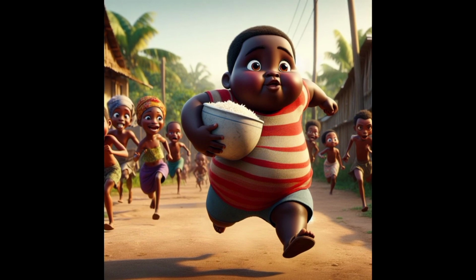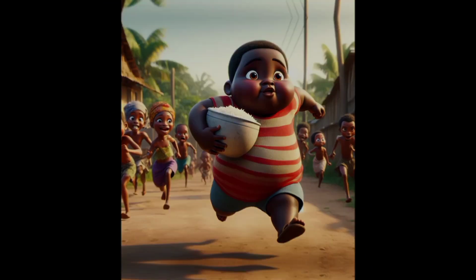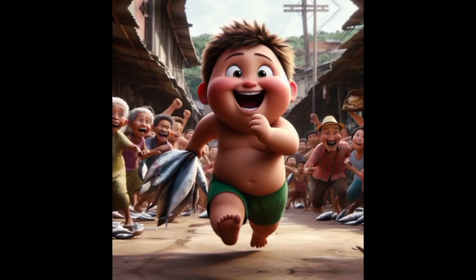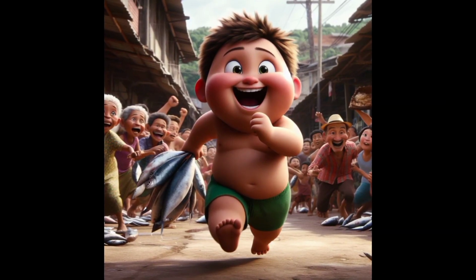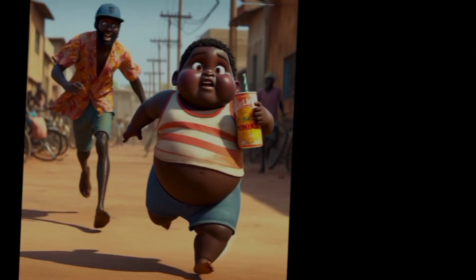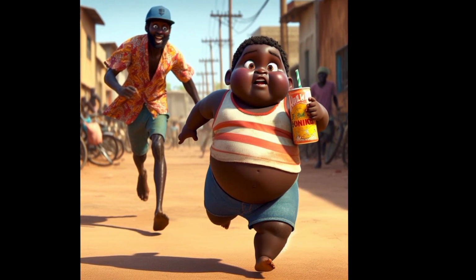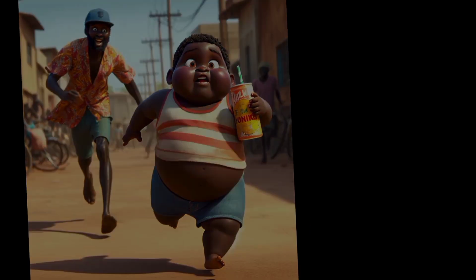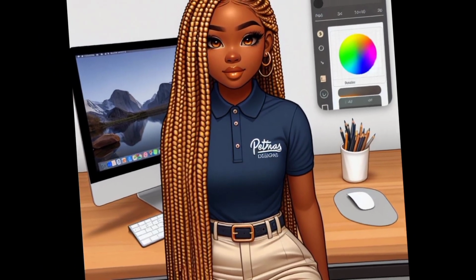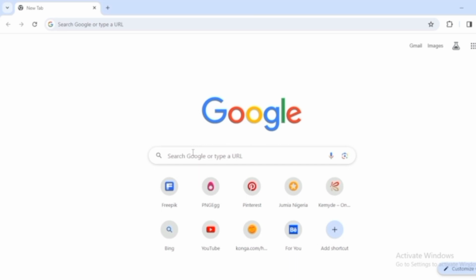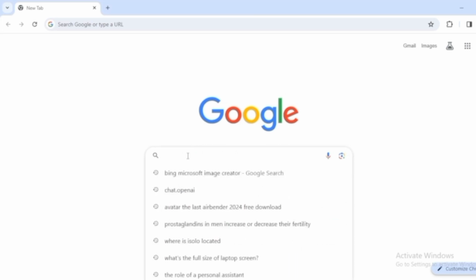In this video I'll be showing you how you can create these trending AI images like the ones you can see on the screen. With this AI generator you can easily create daily content that people can relate with and maybe post them on your WhatsApp status, your Instagram, Facebook and the others. With this AI tool, you can create images that speak of your brand, which you can use to promote your business on social media. So what you want to do now is go to your browser and search Bing